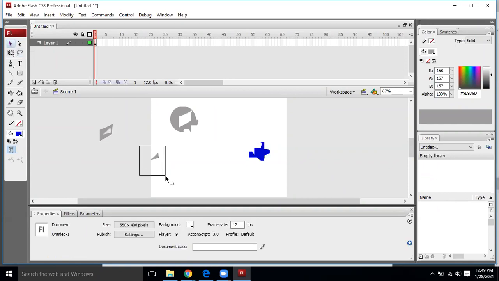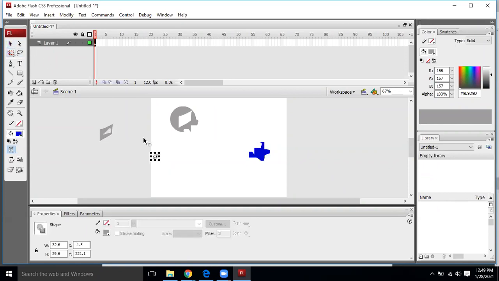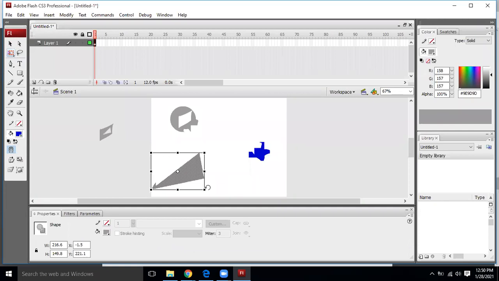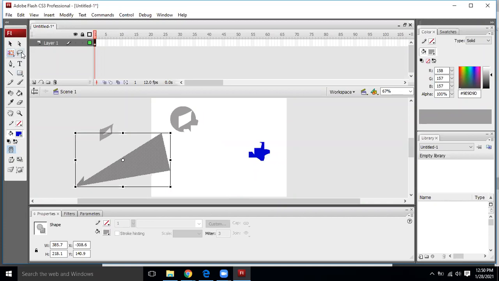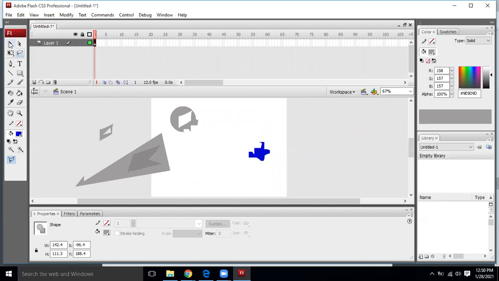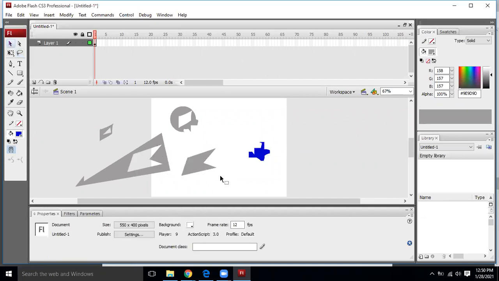The polygon tool is making a regular shape selection for you, which is not freehand. For example, in this shape, I want to make one selection. Let's suppose I take this and bring the tool over here. I draw different lines to make my selection, but the lines will be quite straight. In this way we can select the object.